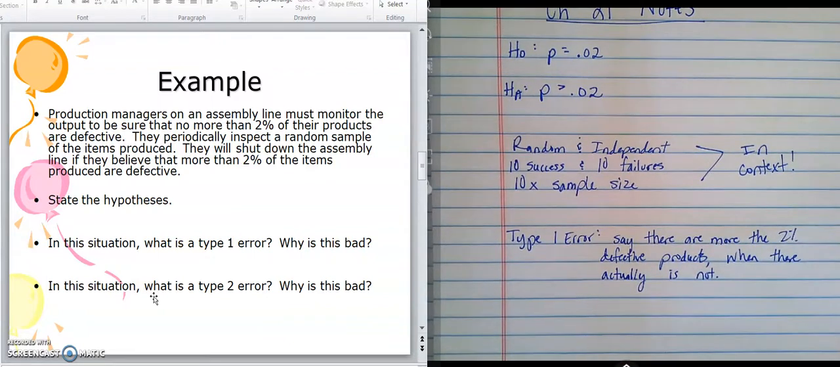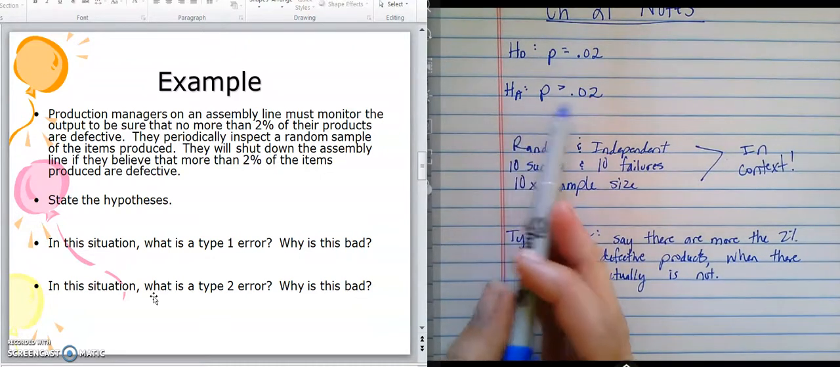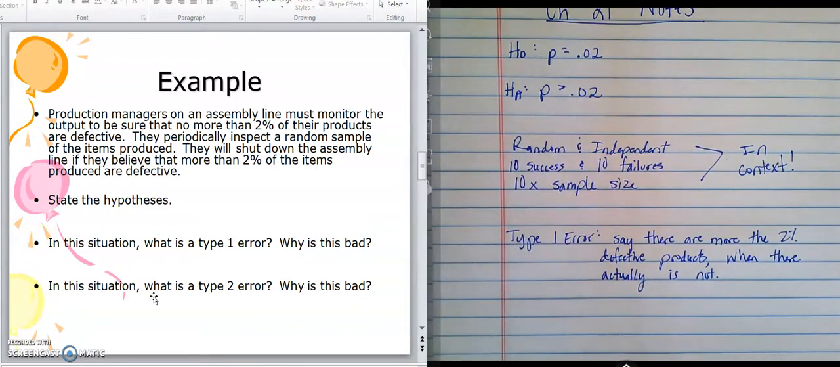Okay, why is this bad? Because I'm going to shut down my assembly line. If I believe that there's more than 2% defective products, I'm going to shut down my assembly line. I do not want to send out defective products to my consumers because then they will not purchase from me